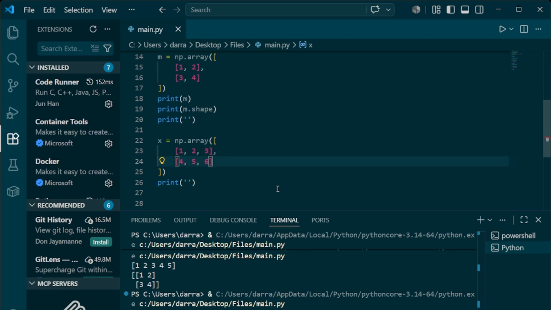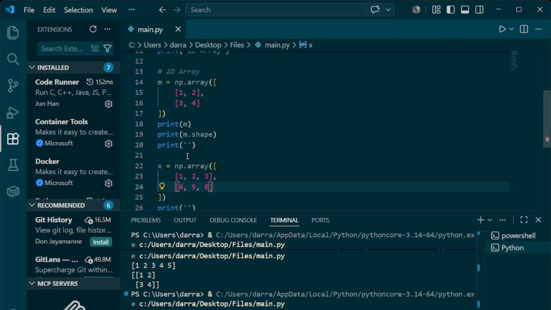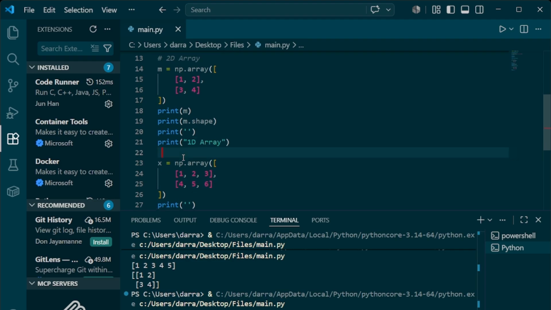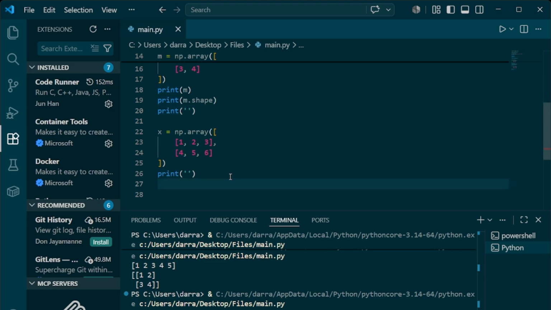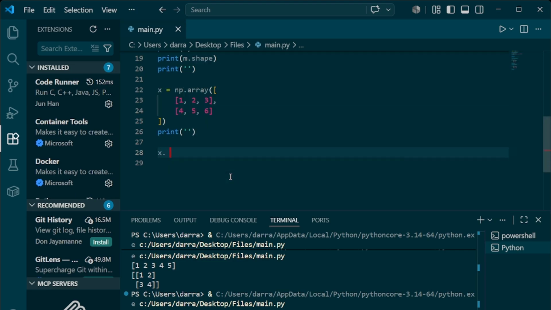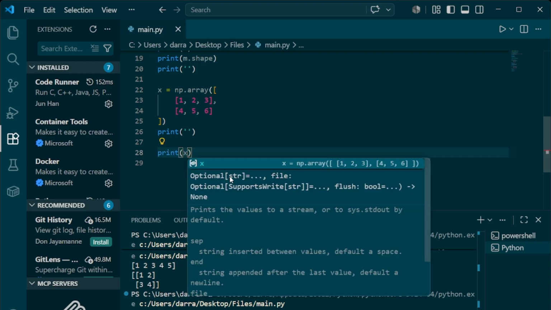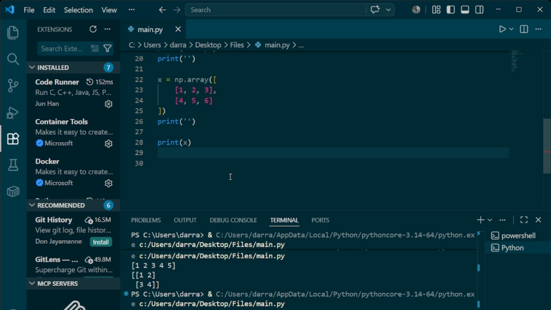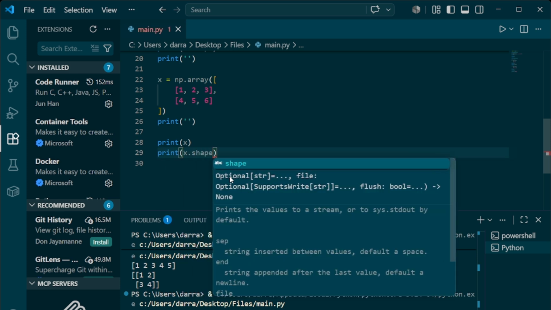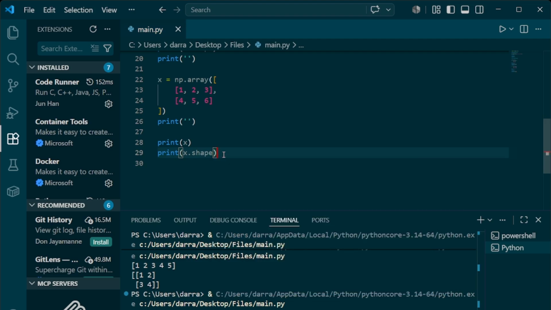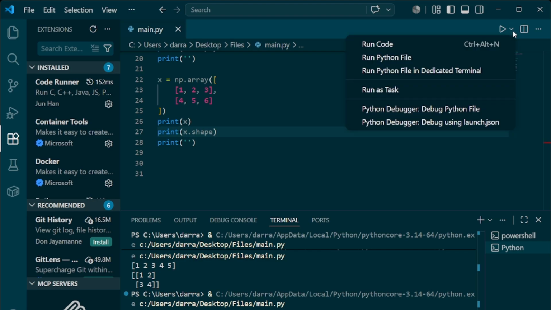So now let's come back. Let's output this. We print our x first. We print whatever we have in the array. Then we print the shape of that array. Let me send this to the top so that it doesn't confuse it. If we run this again,